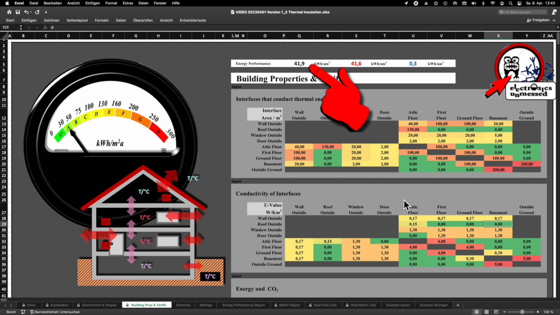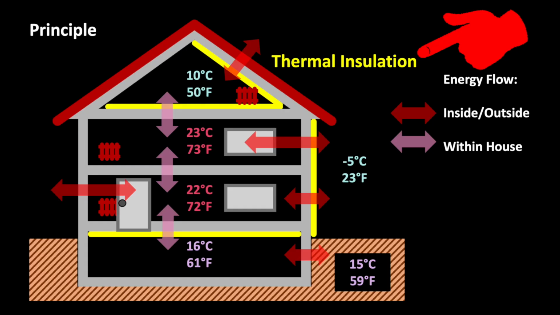You could further optimize this with better insulation values and also play with your own temperature settings. With really good insulation, you get to a point where the amount of heating energy required is practically zero, since the sun and the waste heat from electrical devices is then already sufficient to heat your house. Wouldn't that be great? And that was the third part of our step-by-step user's guide.